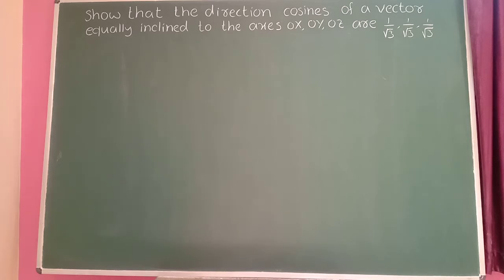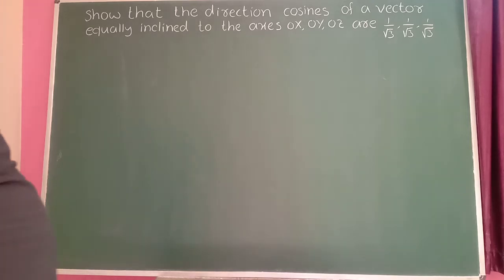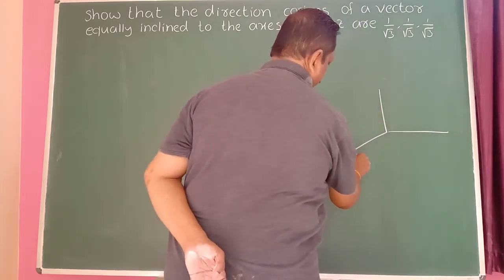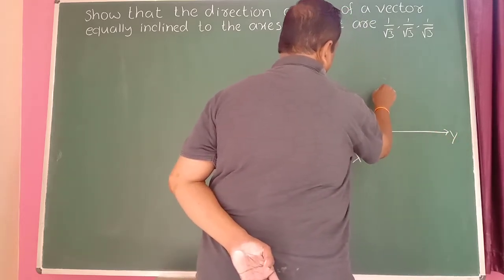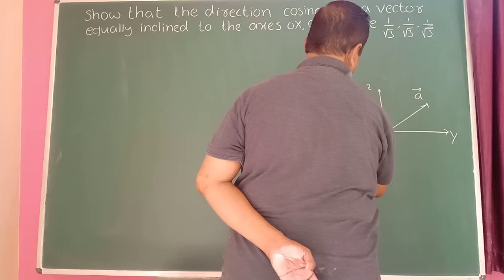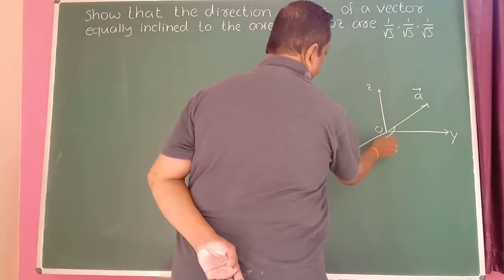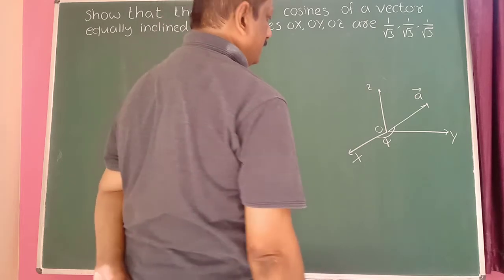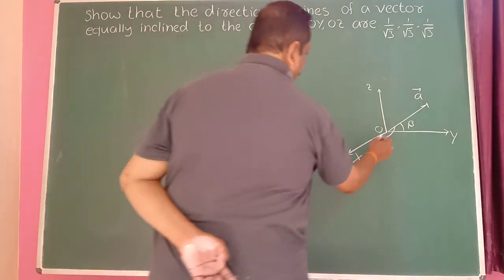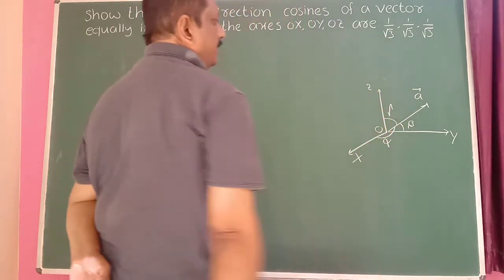Show that the direction cosines of a vector equally inclined to the axes ox, oy and oz are 1 by root 3, 1 upon root 3, 1 upon root 3. So you know that here this is x axis, y axis and this is z axis. So this is a vector a bar here. Alpha is the angle made by the vector a bar with x axis here. Beta is the angle made by the vector with y axis and gamma is the angle made by the vector